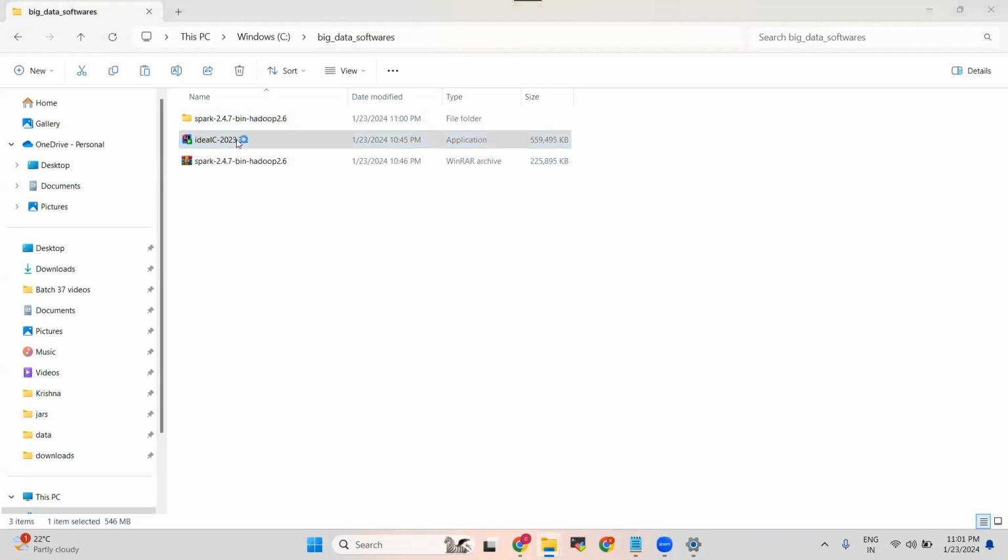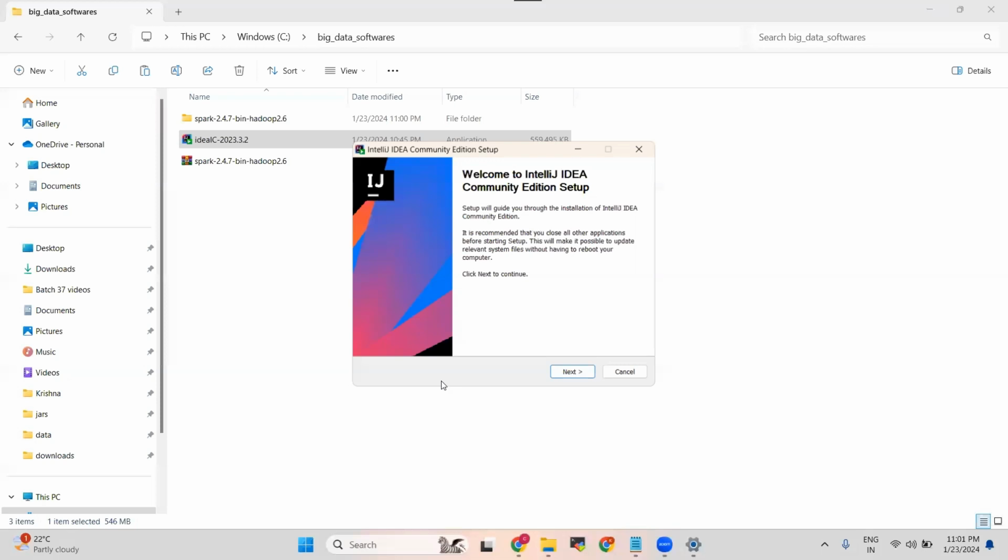So I'll double click on this. Here you will see the actual installation and setup of IntelliJ. This is the most important part, so be careful. If you double click on this, after maybe 10 to 15 seconds, it asks you to confirm installing that application. Then you will see this kind of pop-up. Click next to continue,